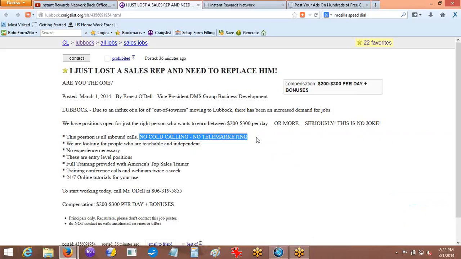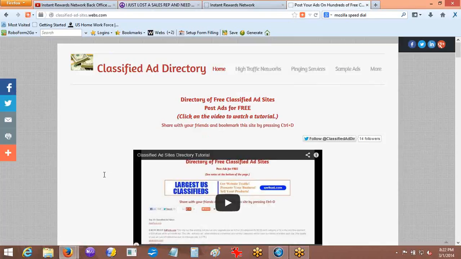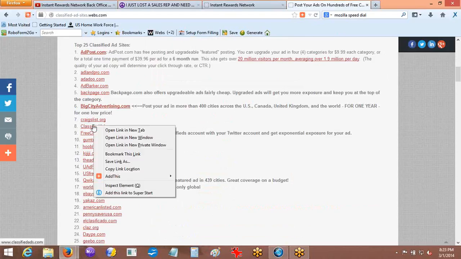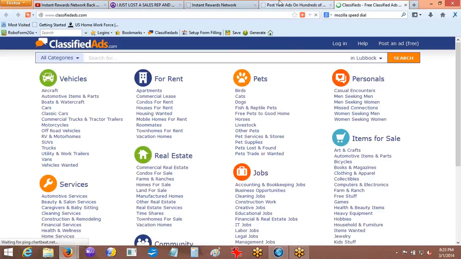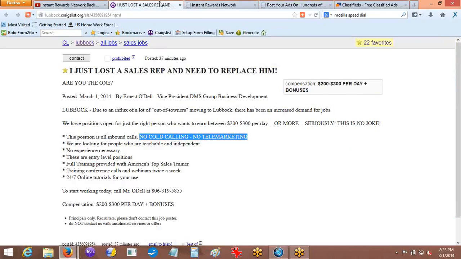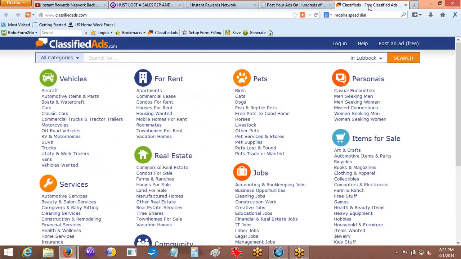So this is one of the things that I wanted to get across to you guys, and just share an idea with you about repurposing some of your ads. This ad right here, I will take something like this and put it over on classifiedads.com. I might use this ad and repurpose it, and I'll put it over here on classifiedads.com, and I'll get calls. I get calls from all over the country. I post in Yuma, Arizona,